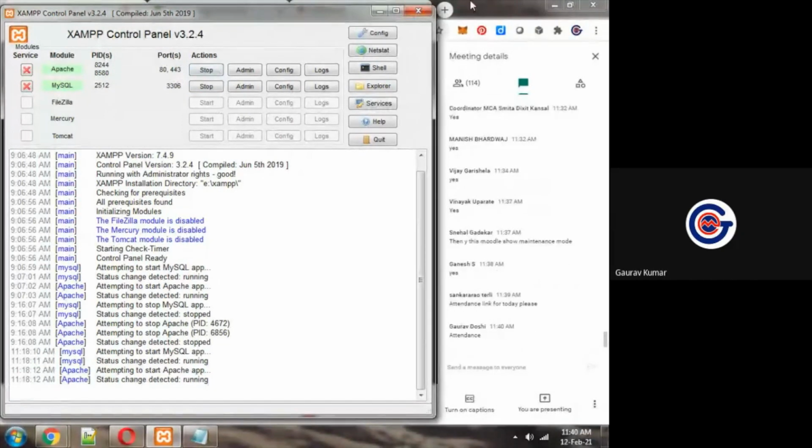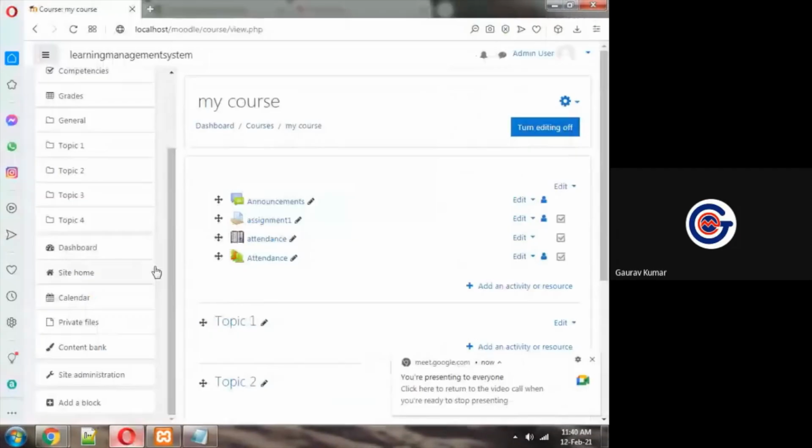After that, my Moodle will run on this particular panel, localhost. Localhost means currently I'm not using any real IP address; I'm using localhost, that is 127.0.0.1. So I have deployed Moodle on localhost.